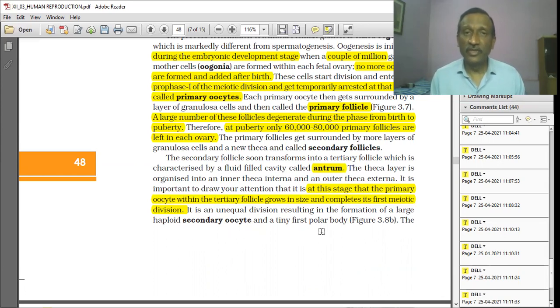Again it's a difference, we never studied in this form that two cells will be unequal, one big and one small. In males we have studied one primary spermatogonia will develop into two